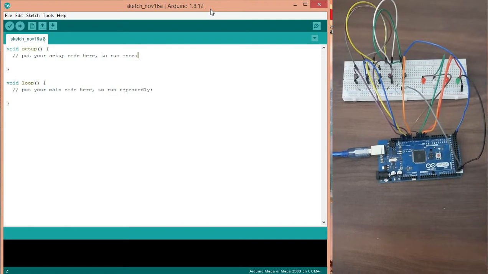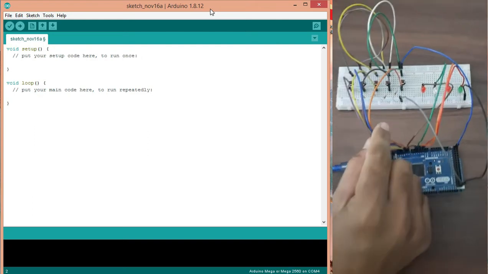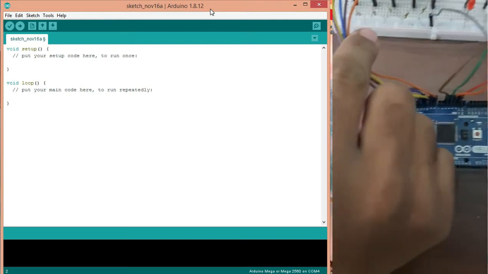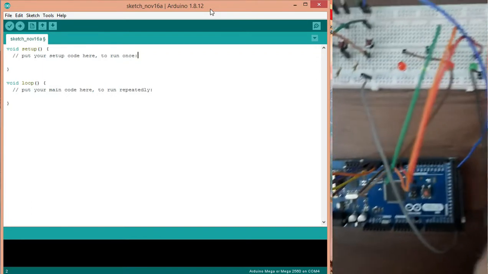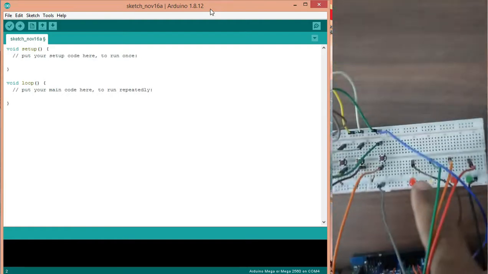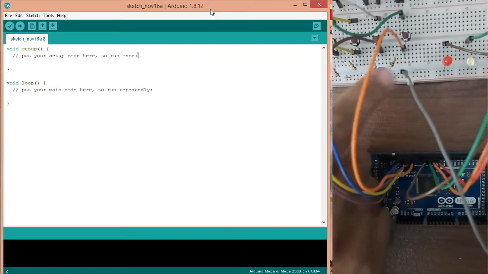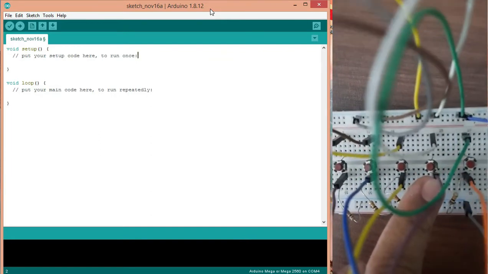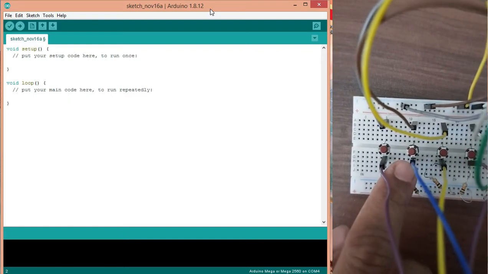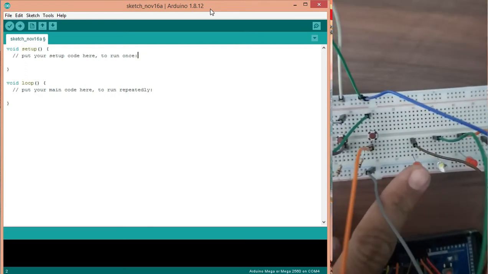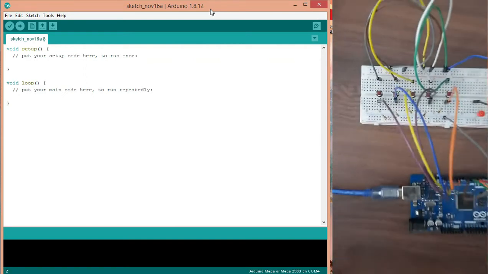Today in this Arduino Essential we are doing a small project. In this project we have to turn on 4 LEDs step by step. The logic is: this is LED number 1, this is number 2, number 3 and number 4. For LEDs 1, 2, 3, 4, push button 1 is for LED 1, push button 2 for LED 2, push button 3 for LED 3, push button 4 for LED 4, and this fifth push button is to reset the whole set, meaning to turn off all the LEDs at once.